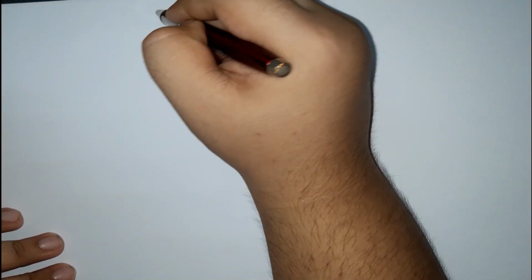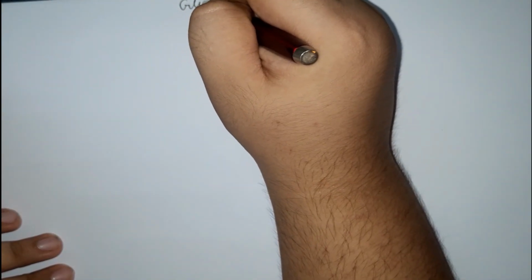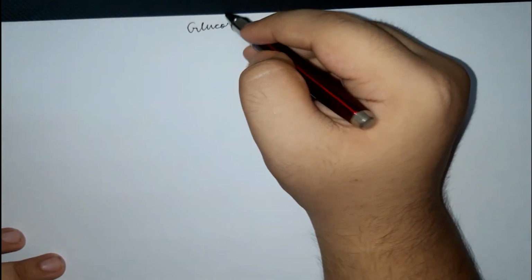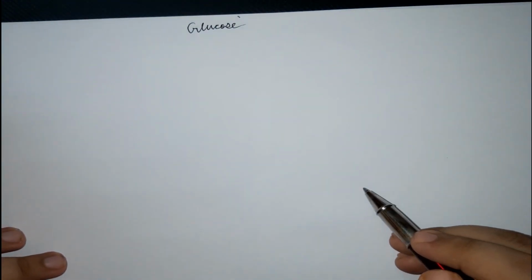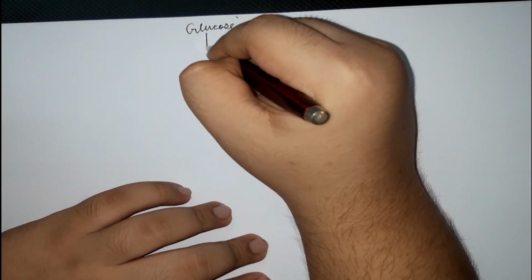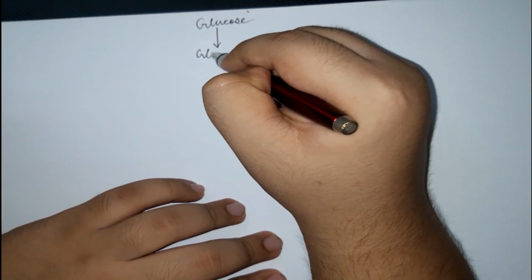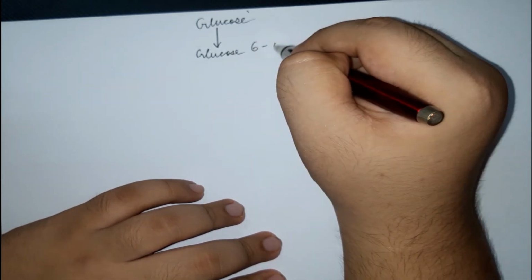Anyway, if you don't know the steps of glycolysis, then please do memorize them. There is nothing I can do here for you. You have to remember it. If you can find a memory aid somewhere on the internet, very well, amazing. But let's get on with it then. At the very first, obviously we have glucose. No problem with that. Glucose is converted to glucose 6-phosphate.